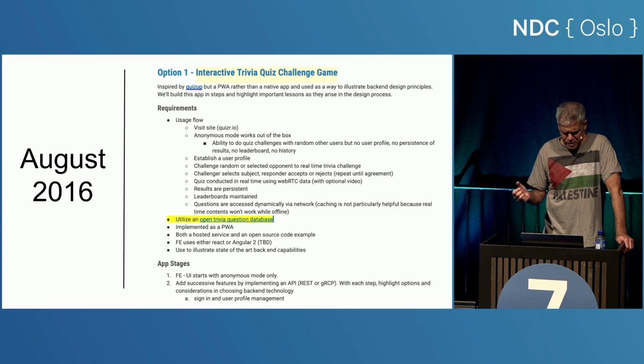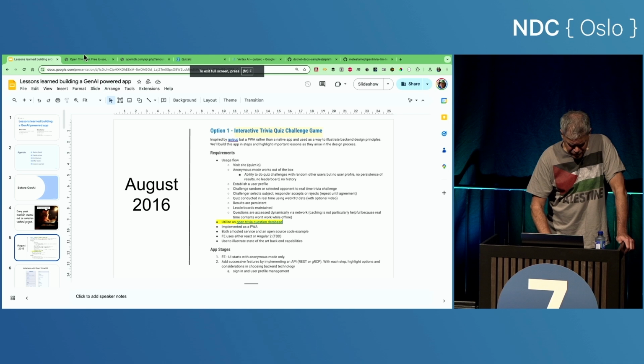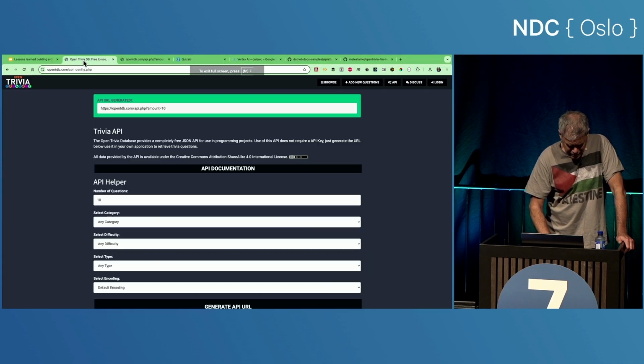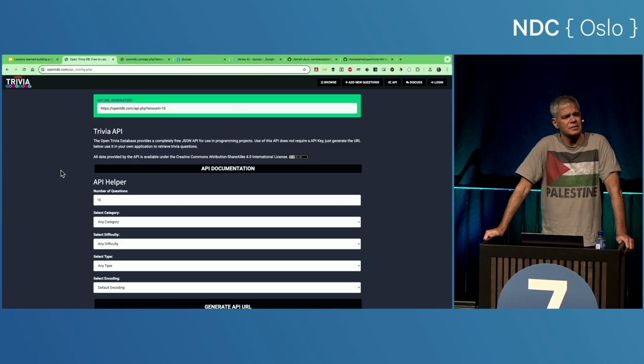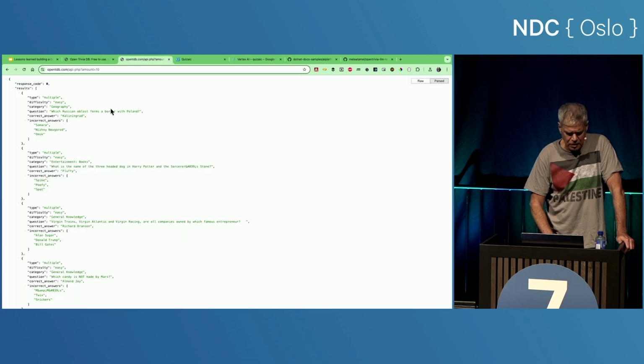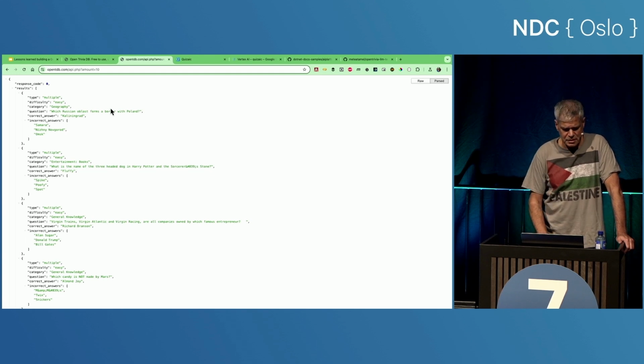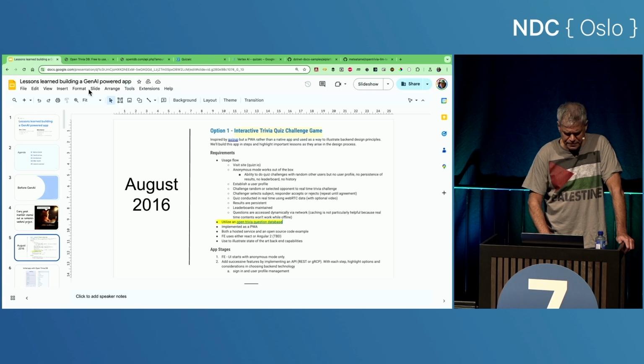And my plan was, I feel like the biggest challenge was sourcing the trivia content. And my plan was to find an open source trivia database, which I looked around for and did find. There's something called the Open Trivia Database. And you can go there and specify your inputs and make a RESTful public API call and get back a nice JSON document summarizing the trivia content that you want. So that was all fine.